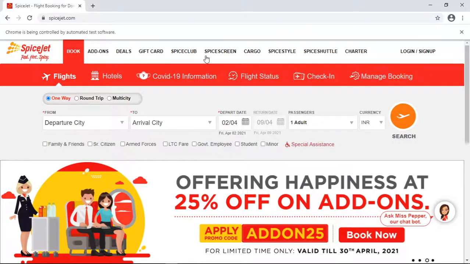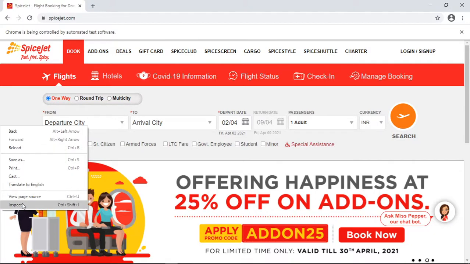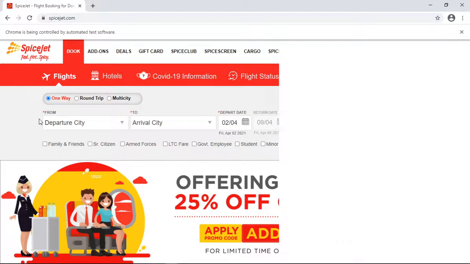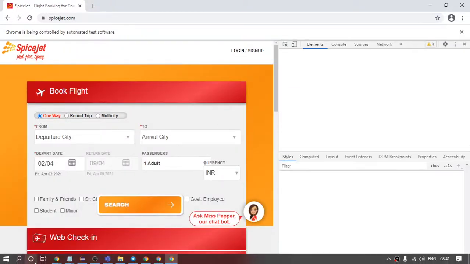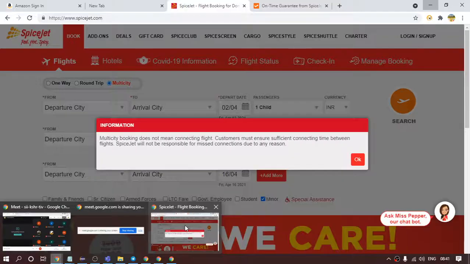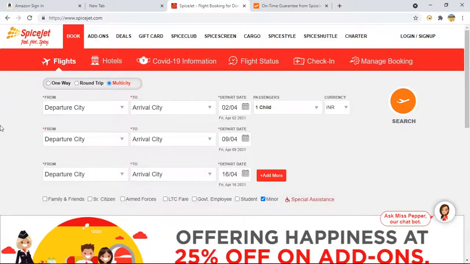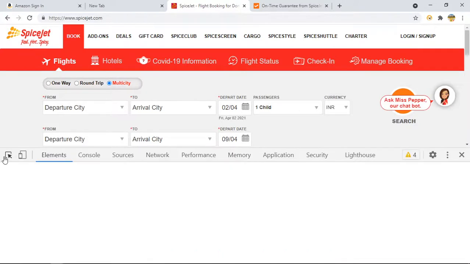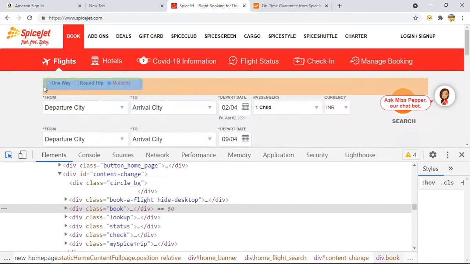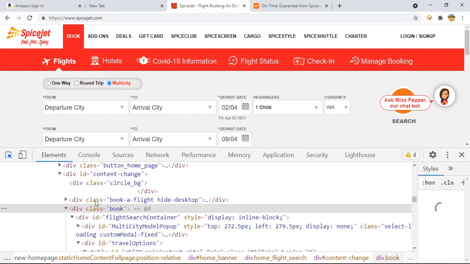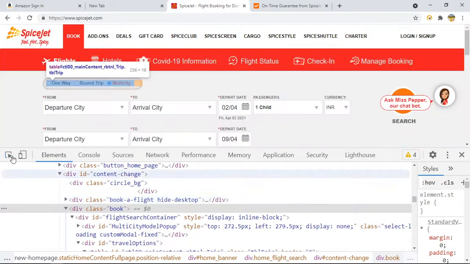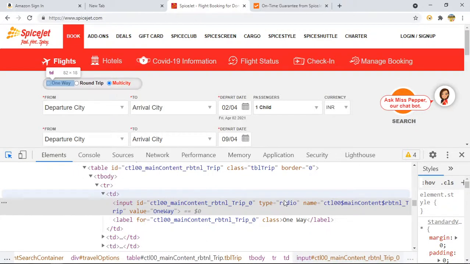Similarly, if I talk about this one, which is the radio button, how many radio buttons are present on the web page? Let me open it in the original browser. If I right click, you can see type equals to radio.